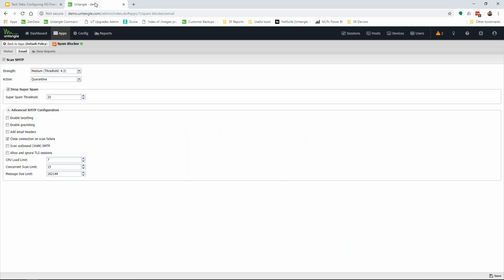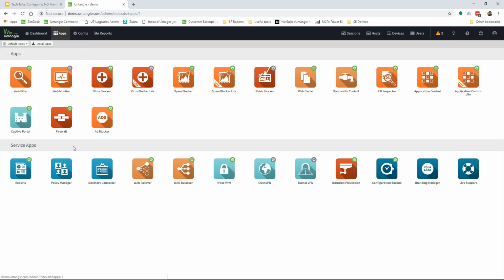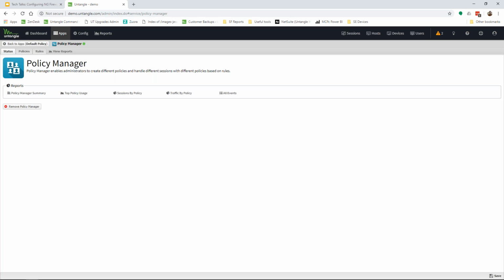So the other pieces of this that I was going to show that are particularly handy for initial setup, and to be aware that it's there, is specifically our policy manager. Once you've established a baseline configuration